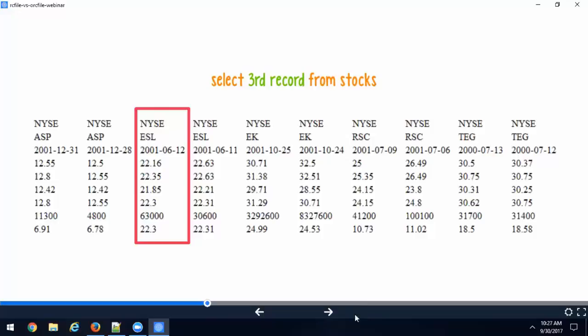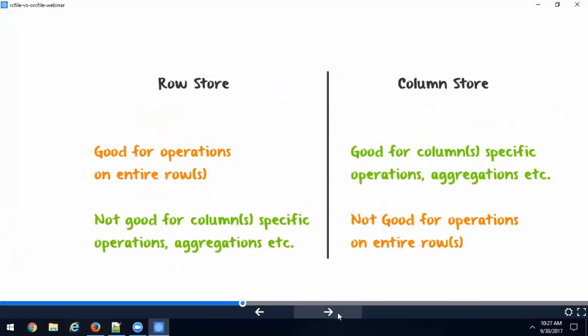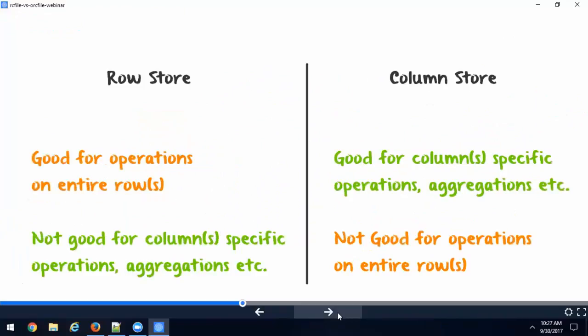So now, let's compare side by side. Row store, column store. Row store or row major format, column store or column major format. A row store is good for operations on entire rows. We saw that, right? Select star from stocks, the very first slide.